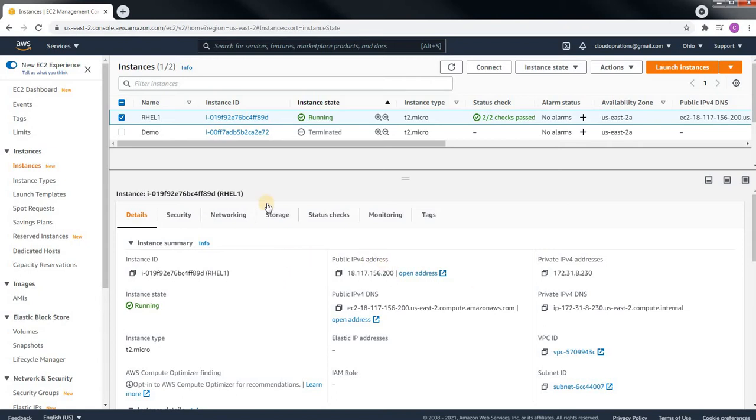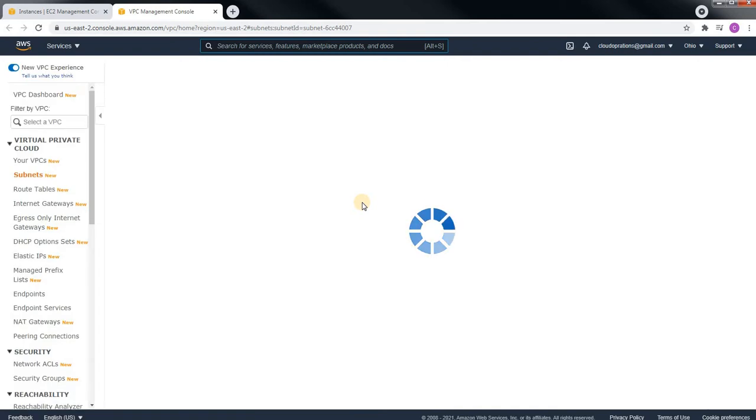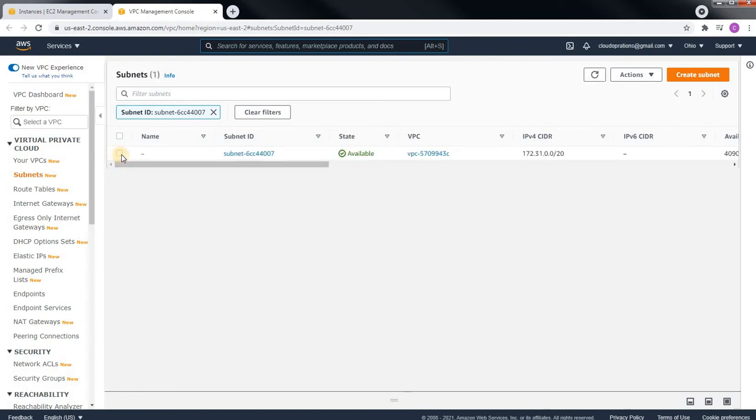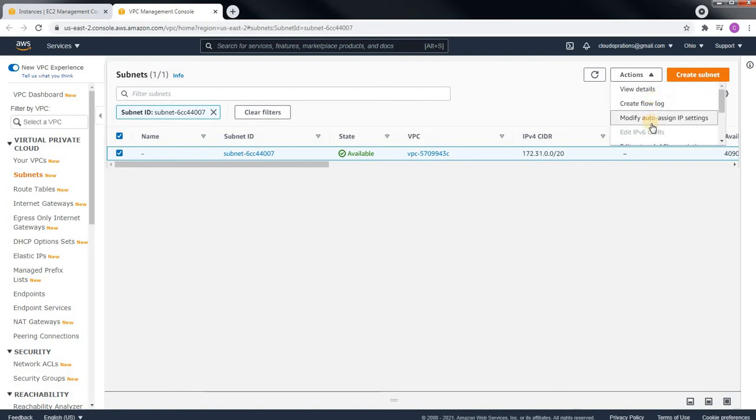While creating an instance you will get those options, or even from VPC you can go to subnet. Check my earlier videos, you will get to know. So this is my subnet. Let me select this subnet and go to actions. Here you can see the option, modify auto-assign IP settings.